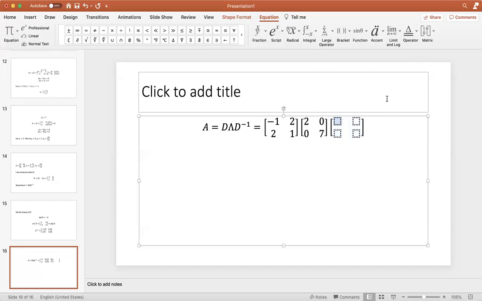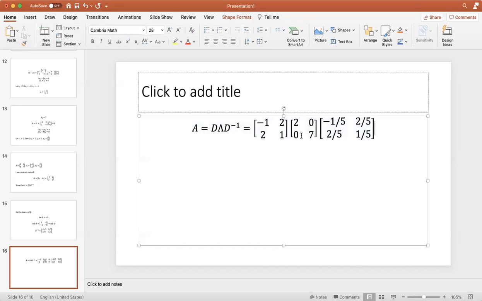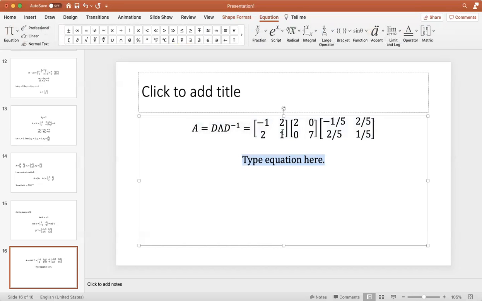What's the inverse matrix? The inverse matrix here would be negative 1/5, 2/5, 2/5, and then 1/5. Now, by associative property, you can either start with the matrix lambda and D inverse first, or you can start off with D and lambda. Doesn't really matter. Right? You'll still get the same result. So let's start off with the first two matrices. Right? So this is going to be